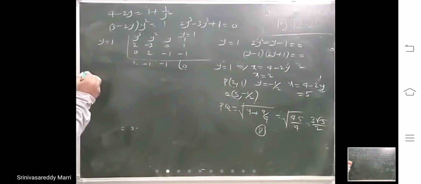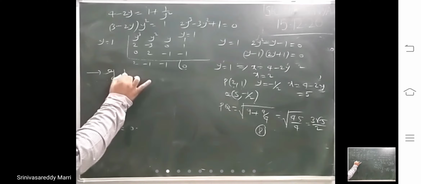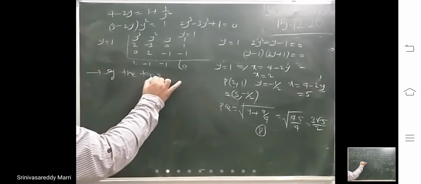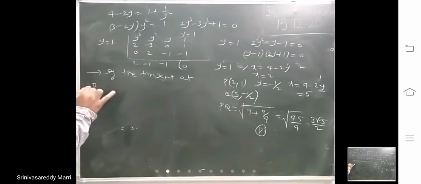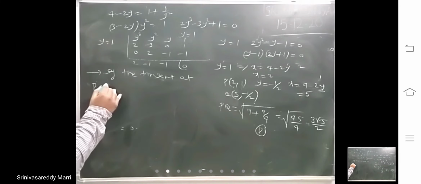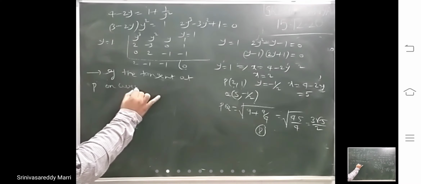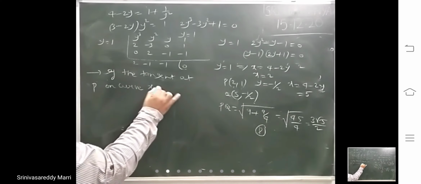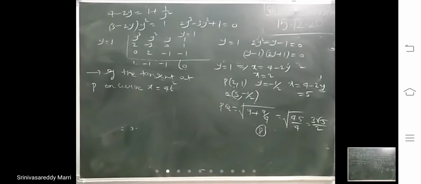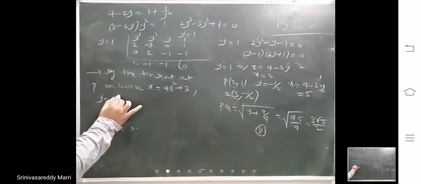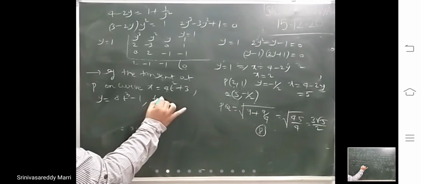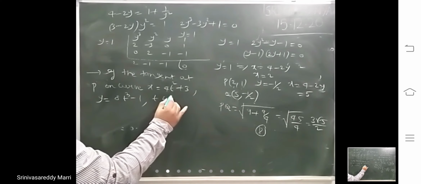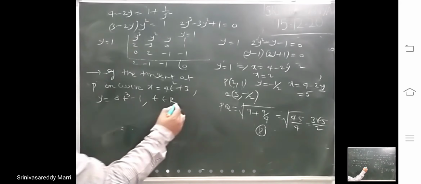Look at next problem. If the tangent at P on curve x equals 4t square plus 3, y equals 8t cube minus 1, t belongs to R, meets